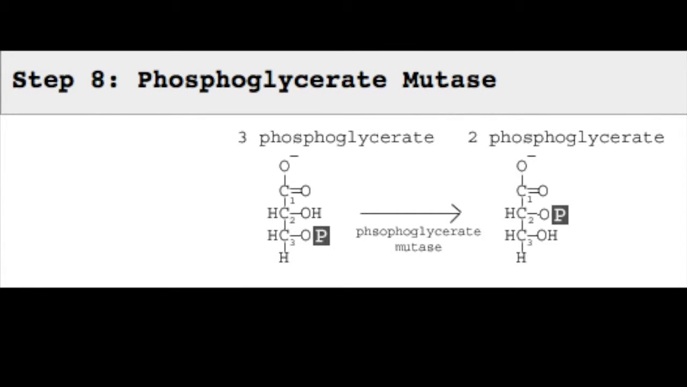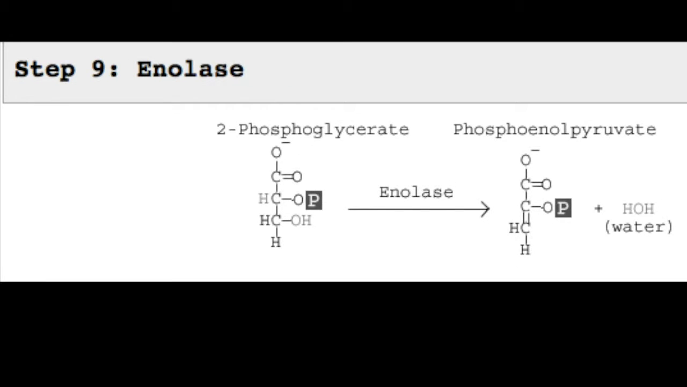In step 8, a phosphate is relocated by an enzyme from the third carbon to the second carbon to form 2-phosphoglycerate. In step 9, H2O is removed from 2-phosphoglycerate to form